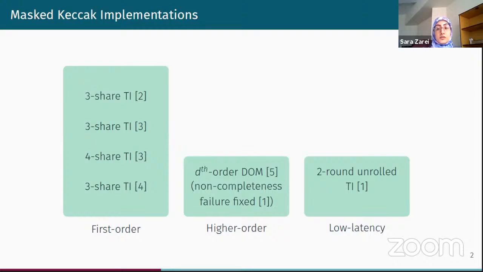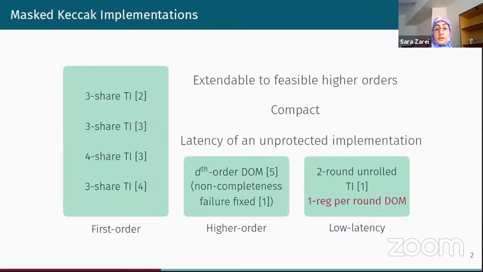This duplication, when considering the high order implementations, results in a significant number of input shares. And as we have investigated in our paper, unfortunately, there do not exist any efficient or affordable realizations for the quadratic five-bit permutation of Keccak when we want to extend this low latency implementation to second or higher order implementation. And this is our strong motivation for proposing a low latency realization that can be practically extended